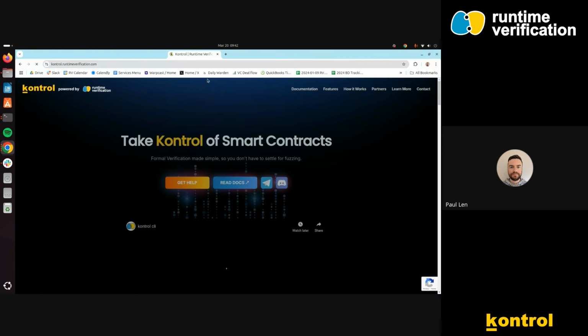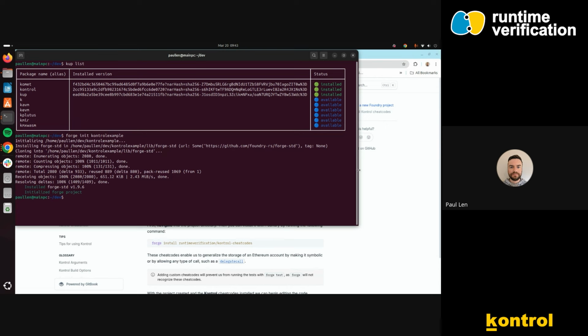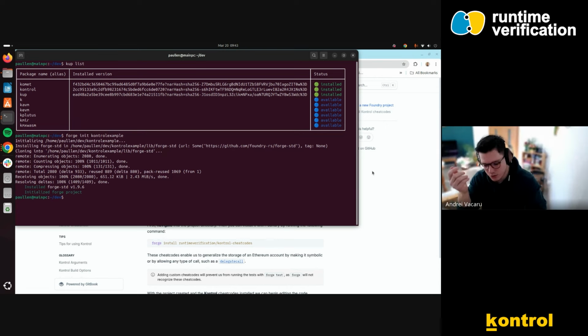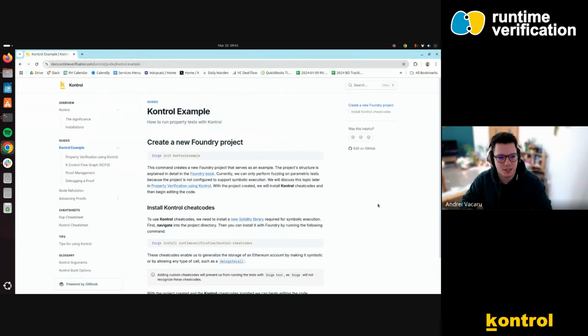So let me bring this up. Okay. So similar to the Foundry framework, there's this option of forge init, which basically creates a new project from the ground up. And I think we also have a similar command in Kontrol. So you can execute kontrol init and the name of the project, and it will create a fresh project from the ground up,